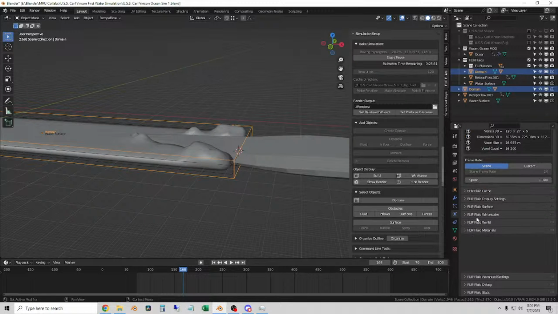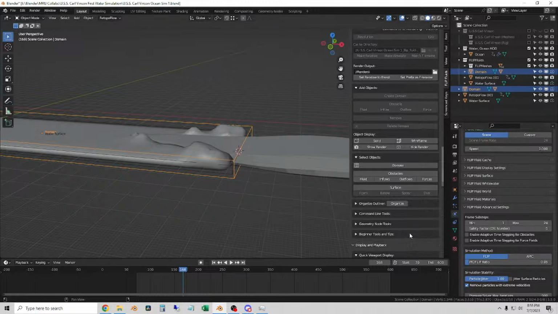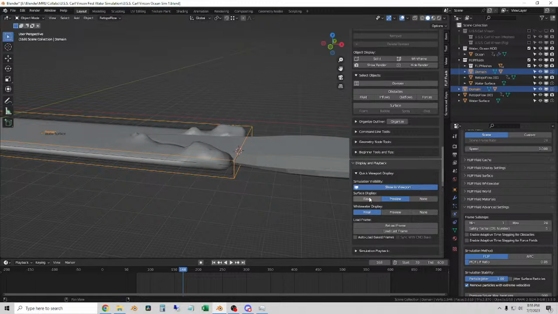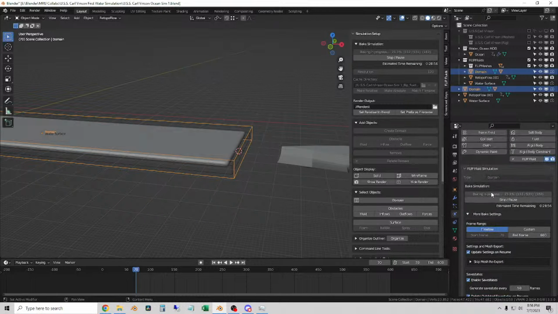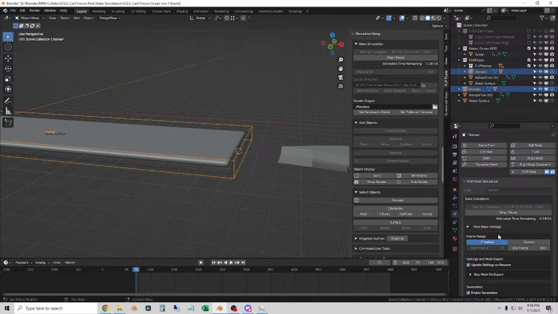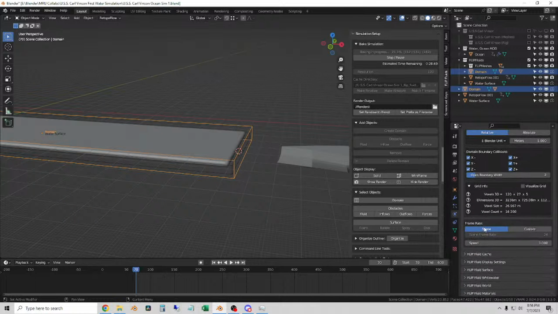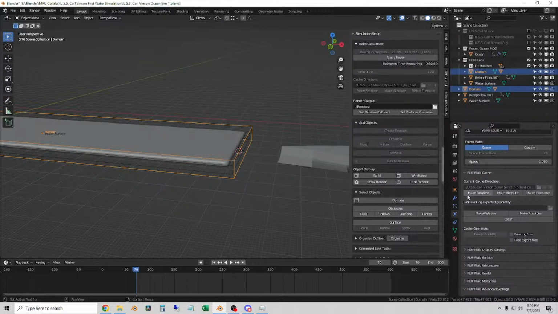Let's see. Somewhere in here, there's a checkbox that lets you change how many threads are available for the simulator to use. Because obviously we want to use as many threads on the processor as we can. I just can't remember where that is. Normally I don't change it, but cache,